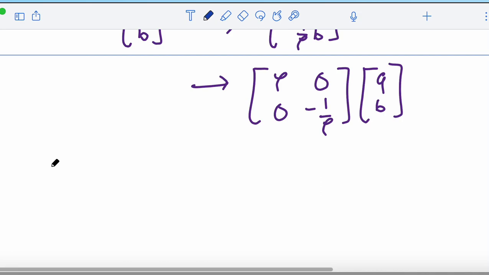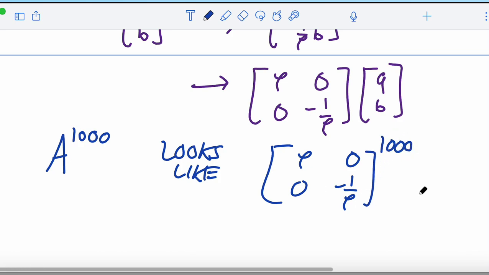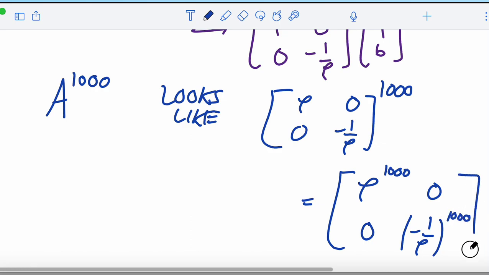Okay, so two things. If you just know this idea, you can basically solve a problem. What is A to the 1,000? Morally speaking, it looks like phi to the 1,000, 0, 0, minus 1 over phi to the 1,000. So the matrix A to the 1,000 will look like this matrix. And one thing I want you to notice is that we have it exactly,